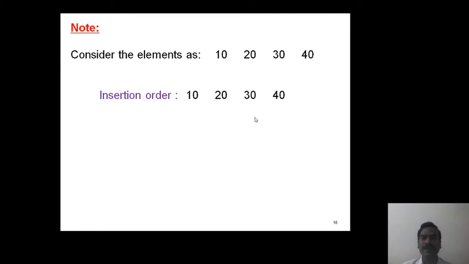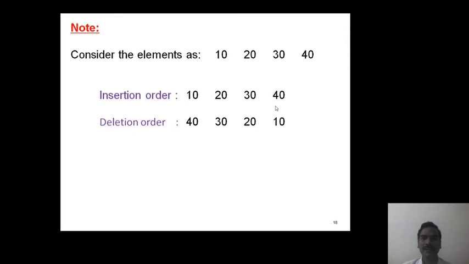Now when the same elements are deleted from the stack, the deletion order is 40, 30, 20 and 10, since only the top end allows both insertion and deletion operations. Here 40 is the topmost element of the stack, hence when we apply the deletion operation, first 40 is deleted, then 30, then 20, then 10.